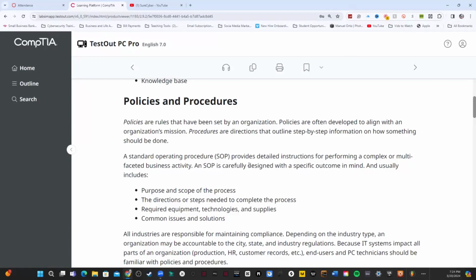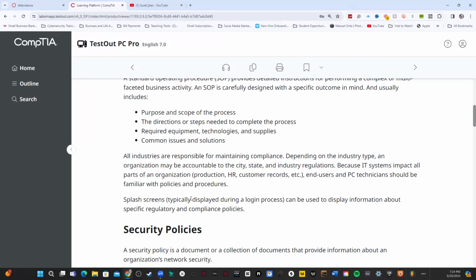As far as an SOP, they're carefully designed with a specific outcome in mind, and they include the following: the purpose and scope of the process, directions or steps needed to complete the process, required equipment, technologies, and supplies, common issues and solutions. And the reason why I bring this up is because when we get into networking,